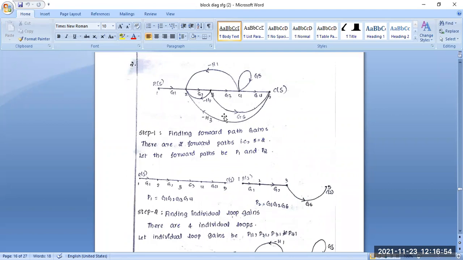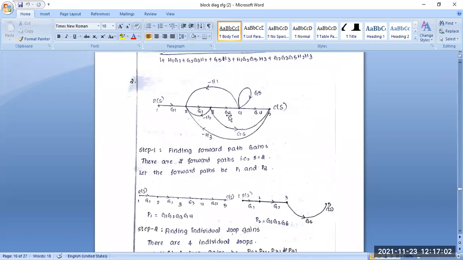So this is the second example, the second problem. Given this diagram, the question is to find the transfer function in the given signal flow graph. First you see this is the first forward path, this straight way. Then another one here: you can see this loop is present, because the arrow goes in this way. In the other loops you can also see this one, this way.